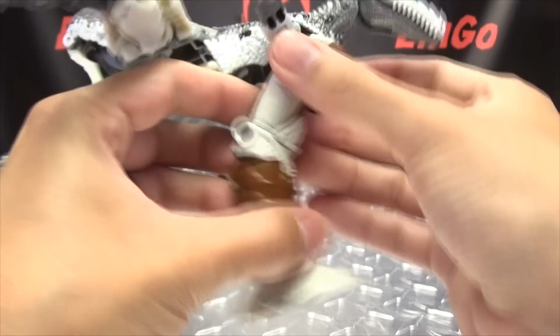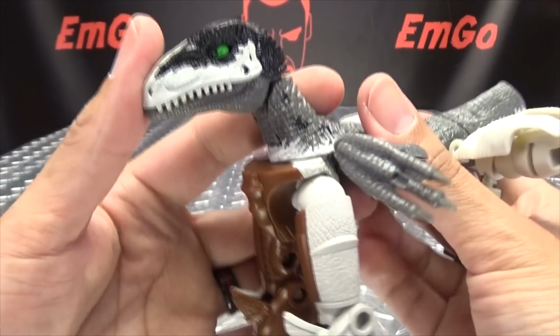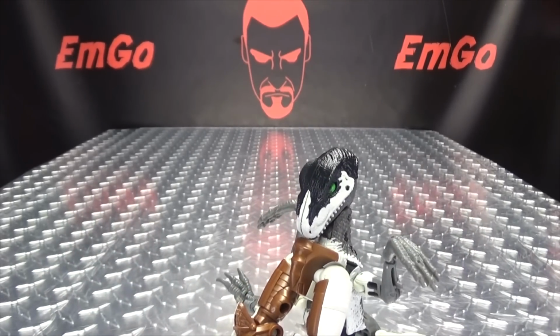It is quite stiff on mine. And just straighten out the leg. There you go. Then you take the dino head. Just collapse that down, like so, and we're pretty much done with the lower body, and now we move on